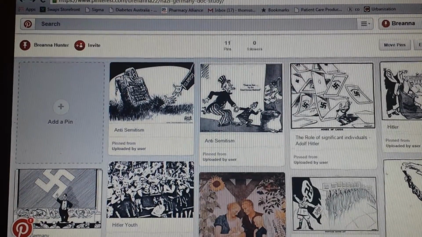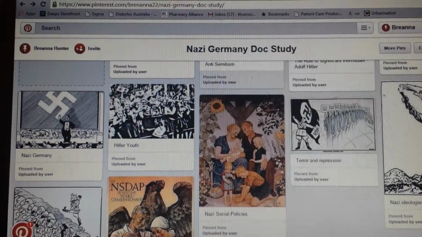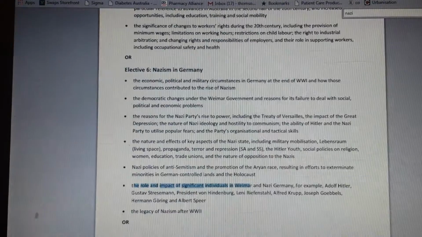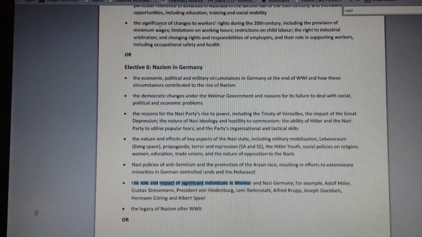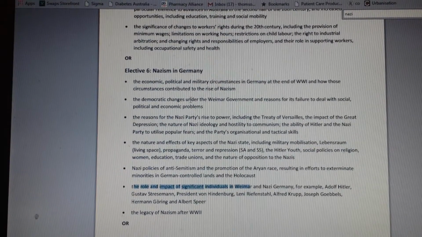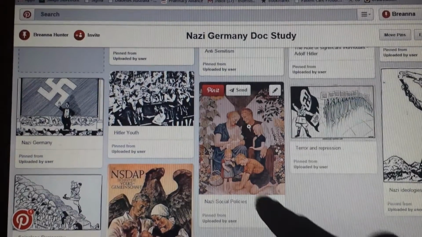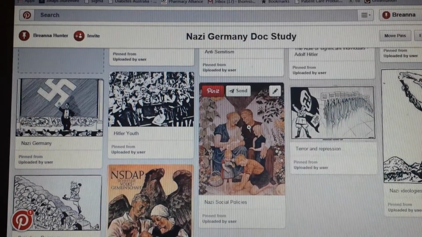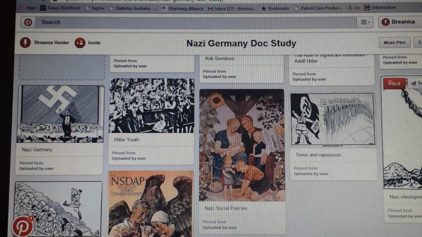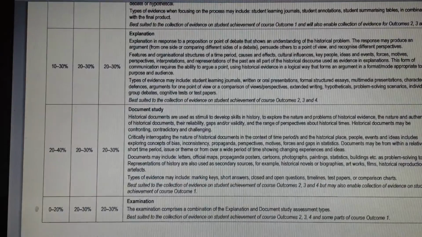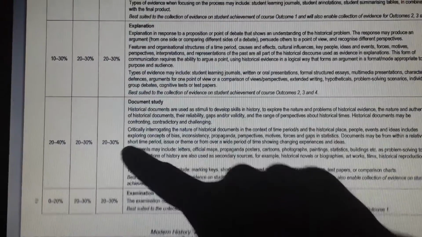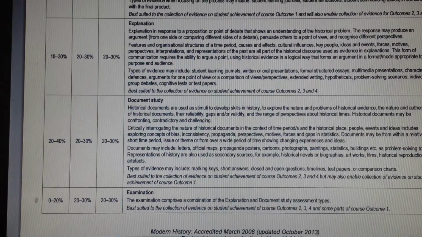Similarly, if they were going to start looking at Nazi social policies, which is also here within their content or curriculum links, they will go straight back to here and look at Nazi social policies, and once again all in one place, which will help a lot when it comes to practicing and studying for these huge, big chunks of assessment, which is examining